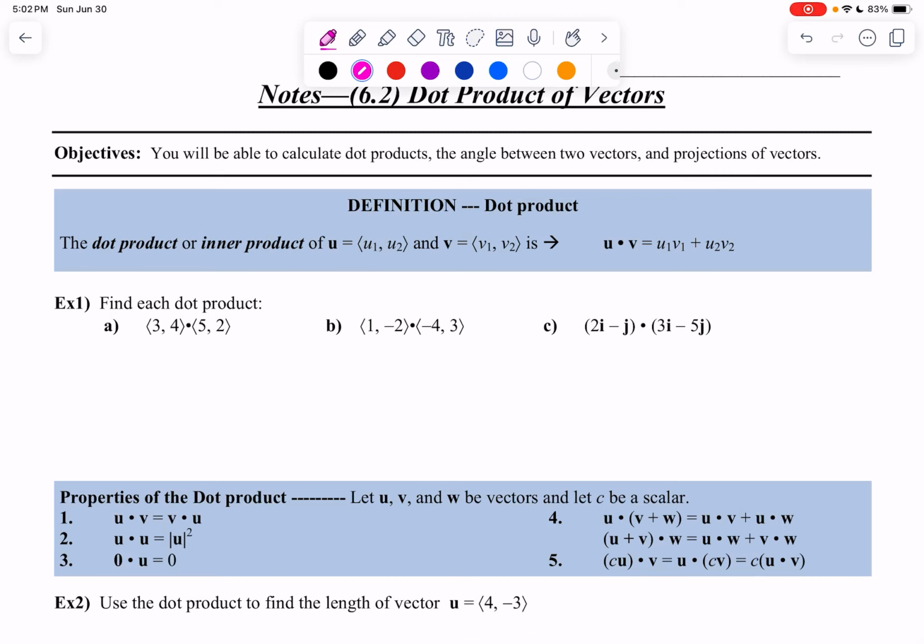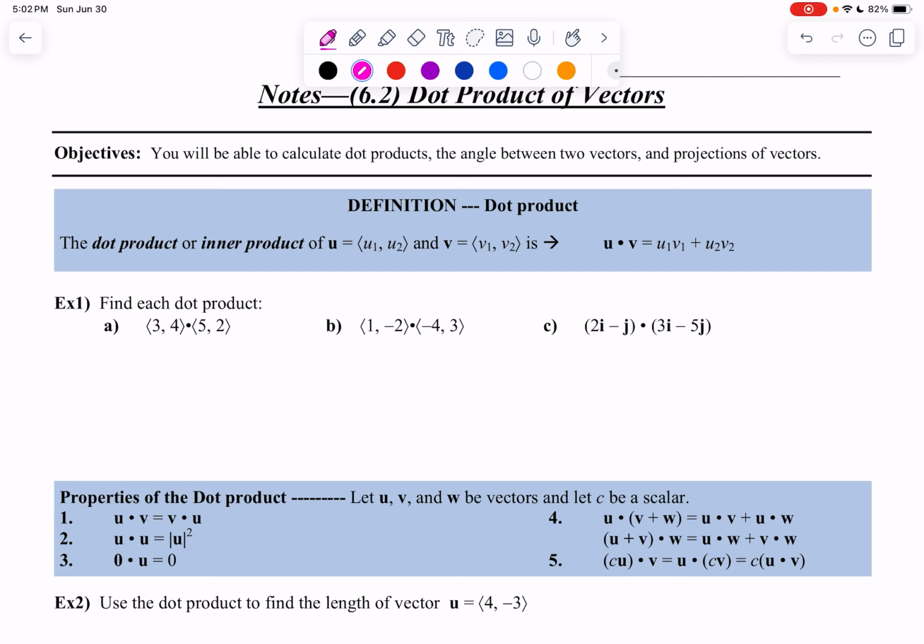So today I chose my lesson to be on the dot product of vectors, and basically what we're going to be talking about today is the very basics of the dot product, how to calculate it given two vectors. We're also going to be talking about how to find angles between two vectors, and then finally how to find what's known as the projection of a vector, which can apply to application problems such as acceleration, speed, that